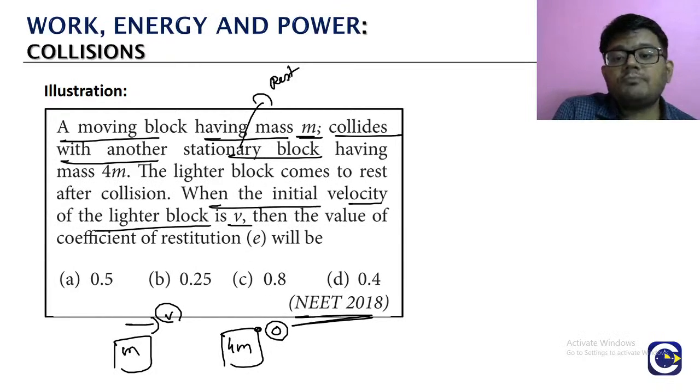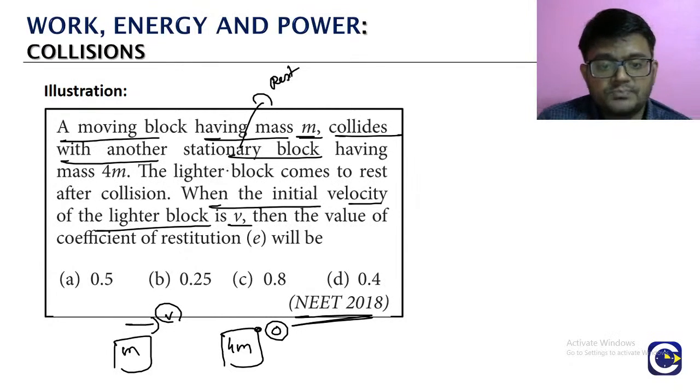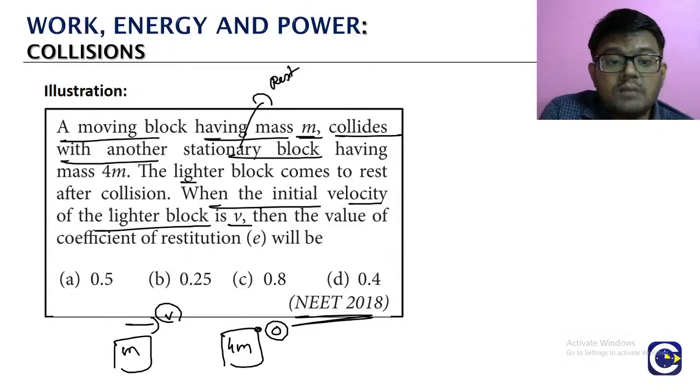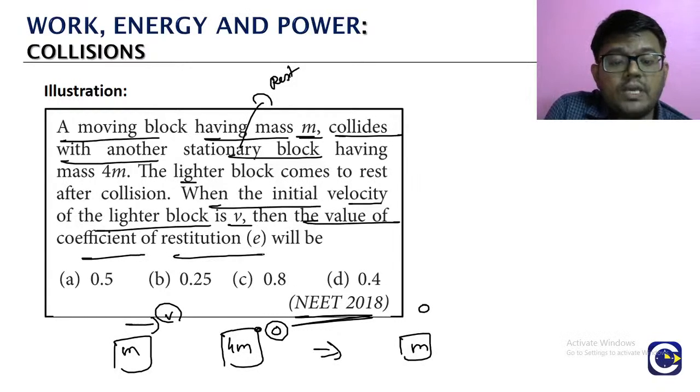A moving block of mass m collides with another stationary block having a mass 4m. The lighter block comes to rest after the collision. So after the collision, what happens? See, this is the collision, right? After the collision, the lighter block with mass m is coming to rest, which means its velocity becomes 0. When the initial velocity of the lighter block is v, then